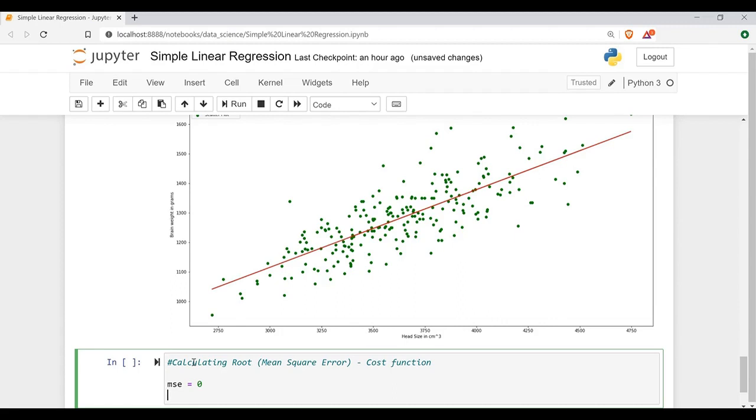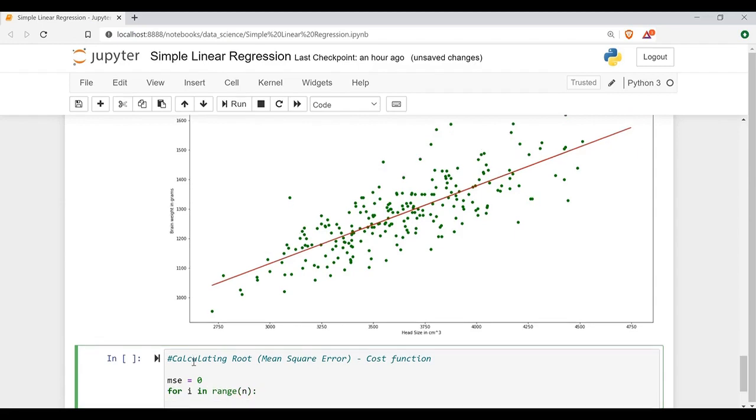That is the formula. For doing that, I'll write it in Python: for i in range. As it is going to run in a loop, we'll say range of n, where n is the total number of records.